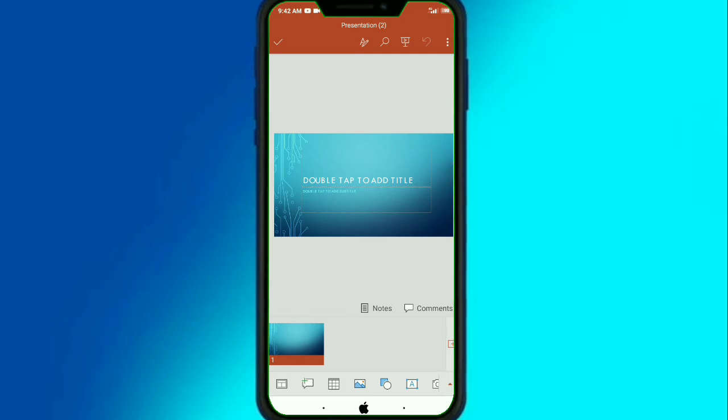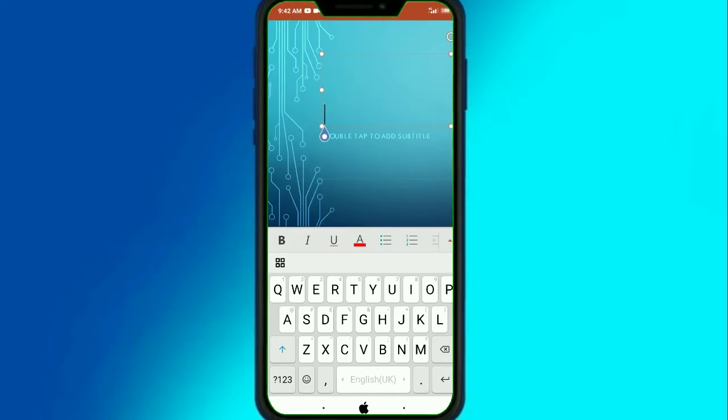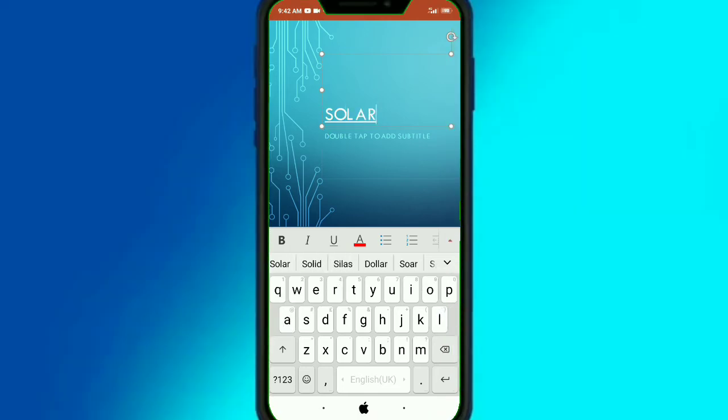If you want to enter a title here, then for this purpose you have to double tap on it. Now you can see one cursor has appeared on the slide. So here we can type our text or the title of the slide. Like this you have to type the title of this slide.